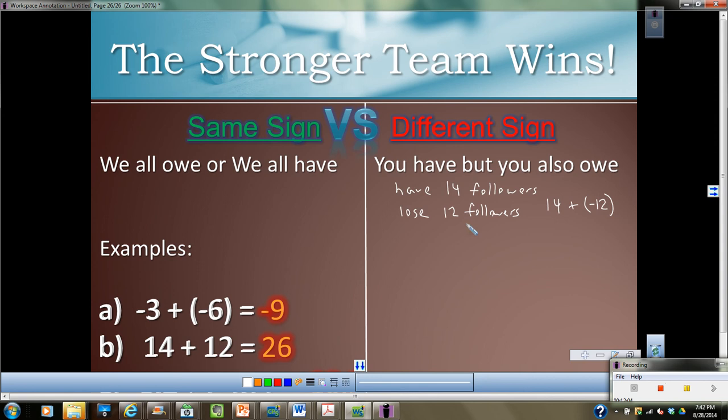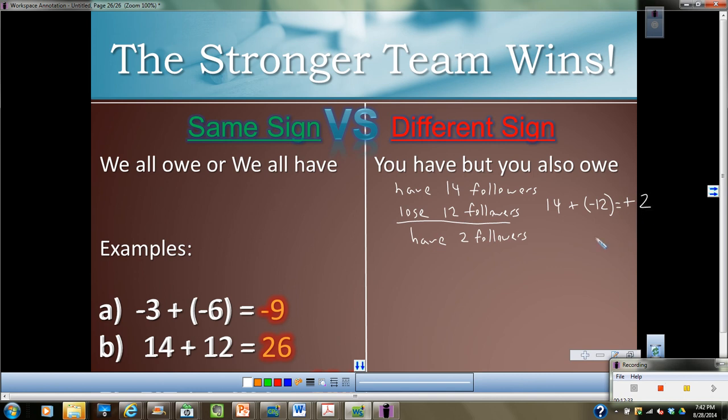Well, because I lost some and they work against each other, I have less. And you got to ask yourself, how much less? Well, in this case, I still have 2 followers left. So that means 14 plus negative 12, I have them, so it must be positive, and I have 2 followers